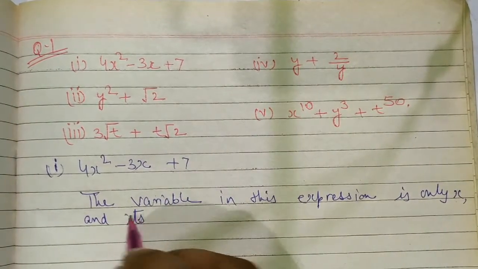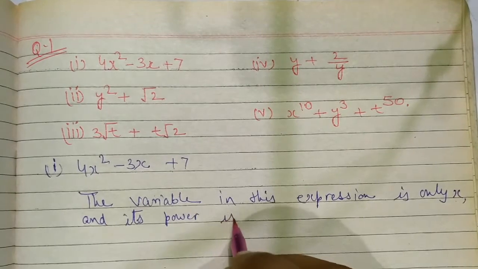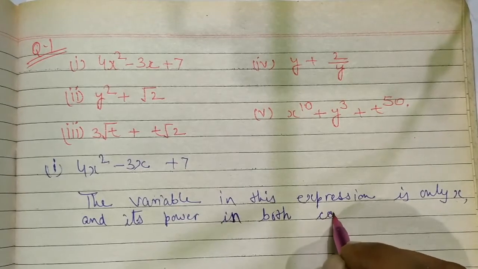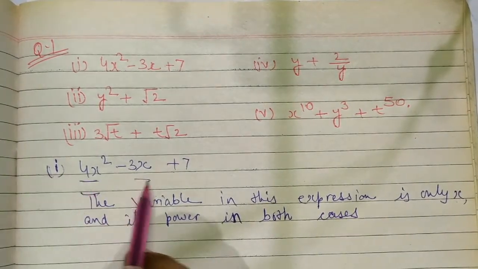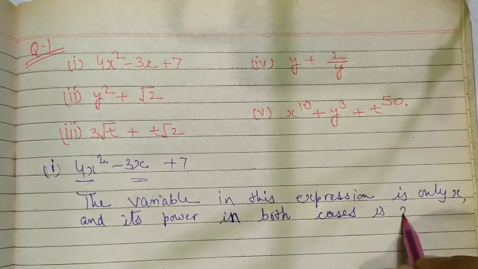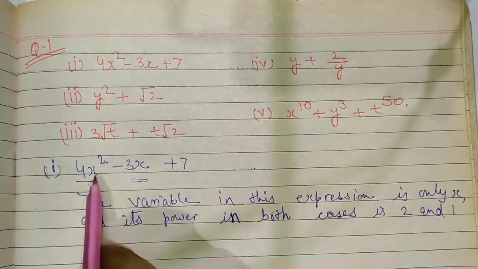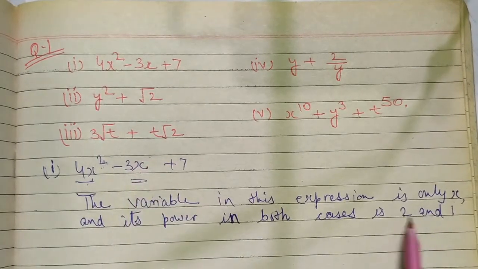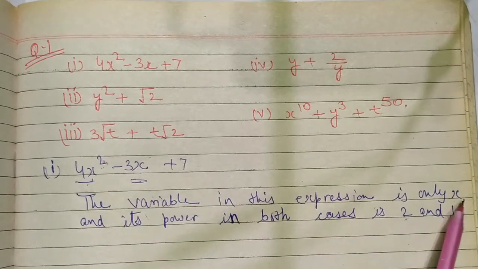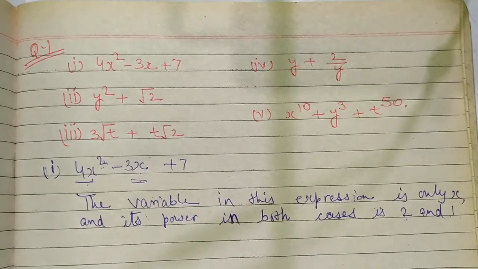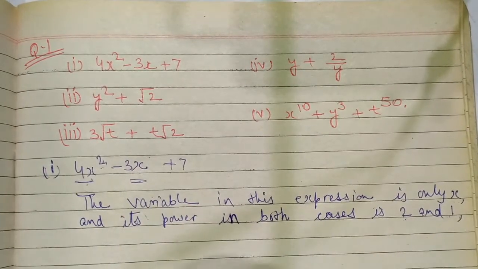And its power in both cases, I mean case 1 and case 2 here, is 2 and 1. Here the power of x is 2 and here the power of x is 1. The variable in this expression is only x. There is no other variable like y, z, a, b, c, whatever, t, z. Okay, so here is only x and the power is 2 and 1, which are whole numbers,